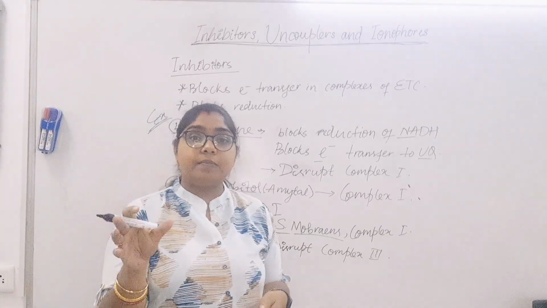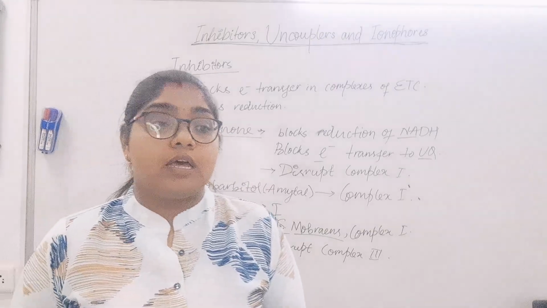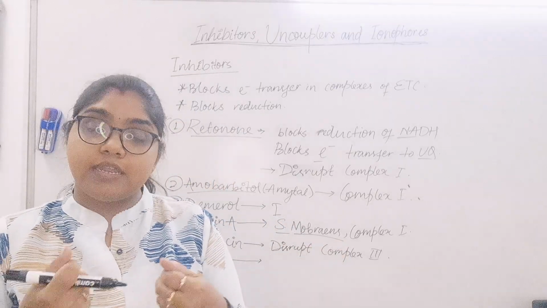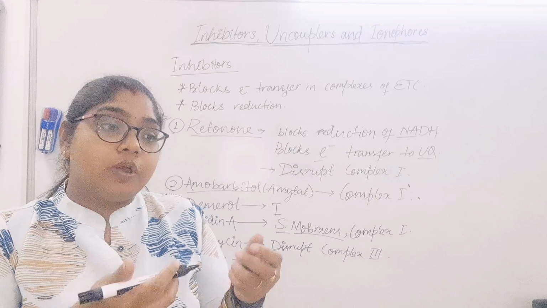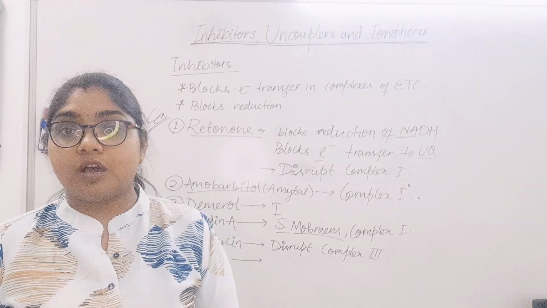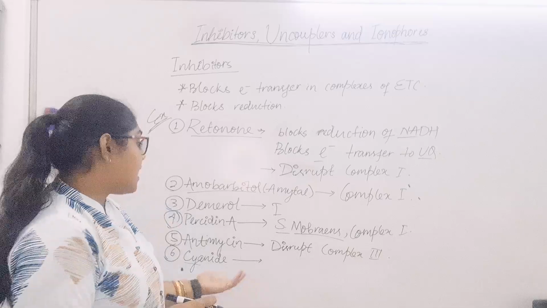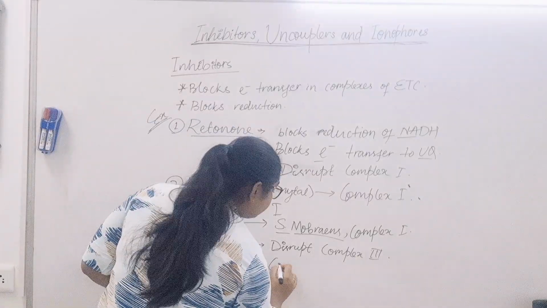When ATP synthesis cannot take place, the body, which requires a certain amount of energy to carry out life processes, does not have that energy anymore. That leads to the death of the person. So this is cyanide, which affects complex 4